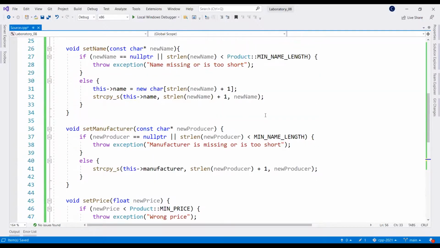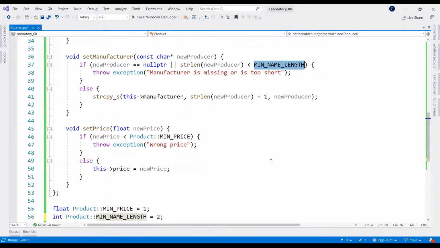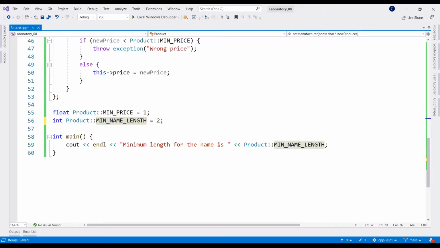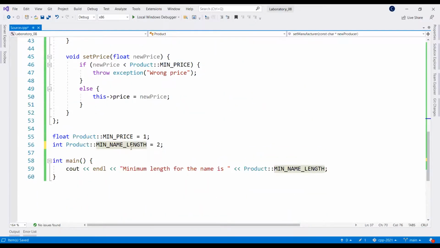So right now, every time you use mean name length, and also your colleagues' software is updated. Okay, so it has more advantages than using hard-coded values. So this is, remember, statics from last course. If you have any questions up to this point, if something is still not clear. So this is the way you initialize them, and this is one way to use them, but I will show